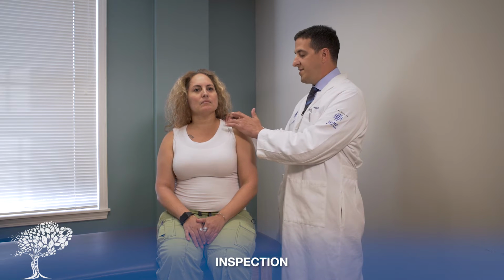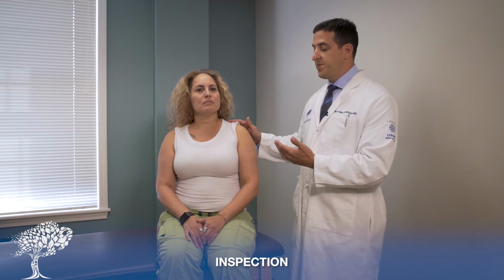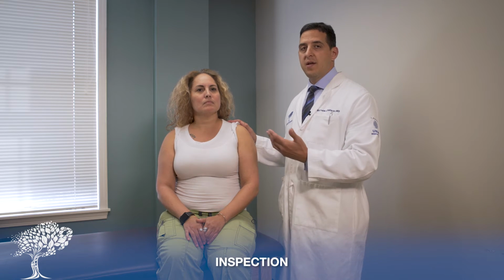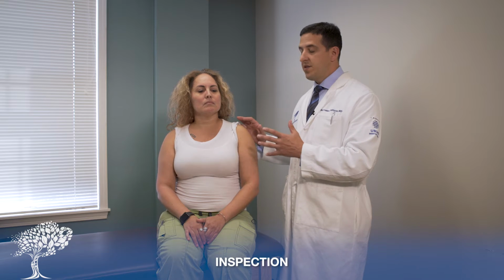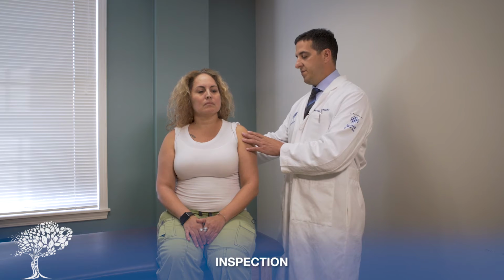You look at the contour of the deltoid, the AC joint, which in a female will often be right under the bra strap. It often helps to have someone situated in a tank top so you can see the shoulder exposed. You're going to, let's have you stand up and turn